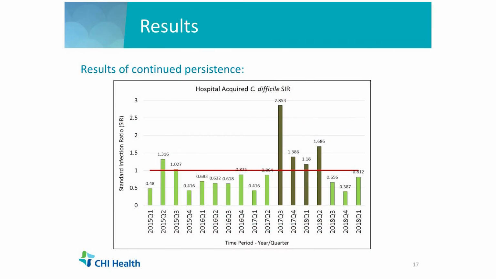So doing all of that and focusing on it for several months, we went from a rate of 2.85, which was extremely high, to we were as low as 0.387, and we're now down to like 0.8. So we made a huge improvement, but it took a whole group of people to do that. All of those people on the committee put in a lot of time, and we meet monthly, and we look at every single hospital-acquired case so that we can try to make better choices so that we have better patient outcomes.